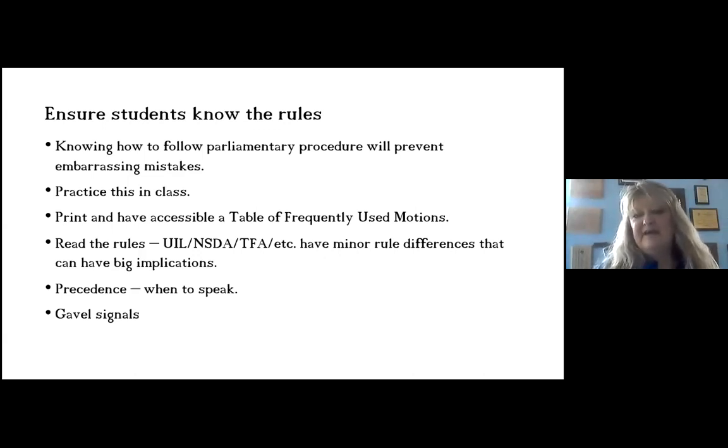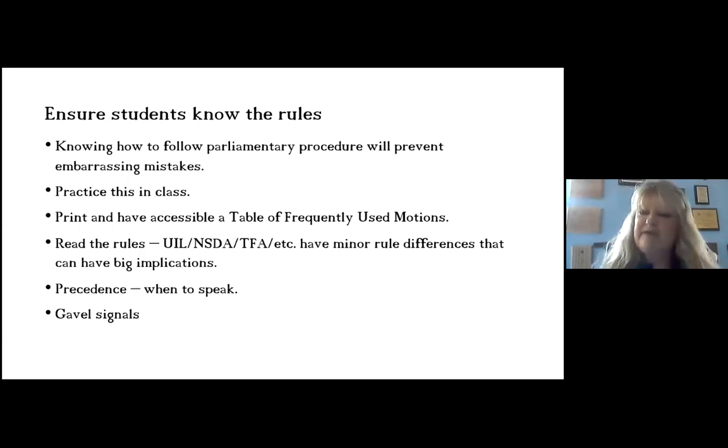And if you have a student who is particularly successful, and it's not a real high stakes thing, or if it's UIL, because like I said, UIL does a very good job at all of the competitions saying, be sure that you consider the PO, and that's a good thing, but it doesn't happen everywhere. But have them know their own gavel signals and practice those. And that's one of the reasons that I would have them rotate who was PO in their class rounds.